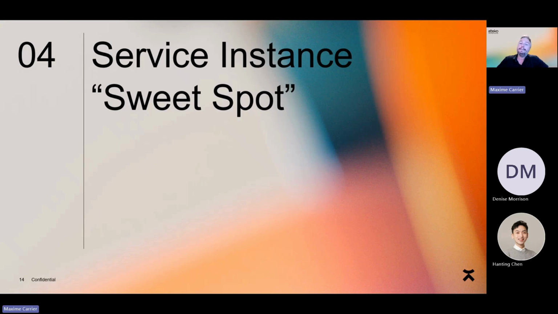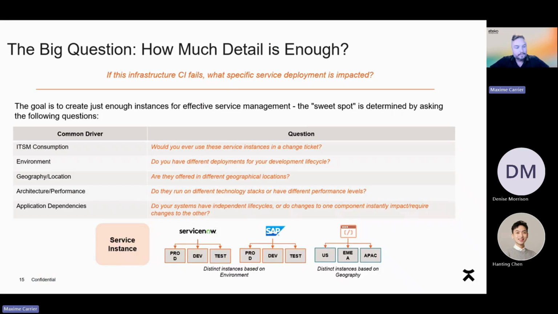So what is sweet spot? When we conduct modeling sessions with our customers, or when we conducted our modeling sessions with CAE, we had discussions with enterprise architects, with the application owners on how detailed do we want our application modules to be represented in the form of service instances. And the goal here is to create just enough instances for effective IT service management. Hence, the sweet spot